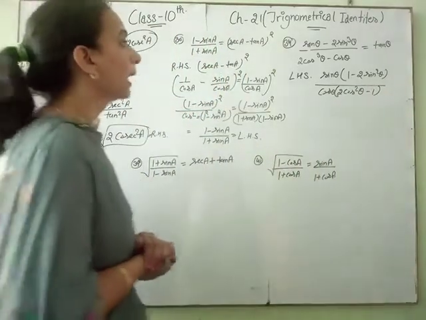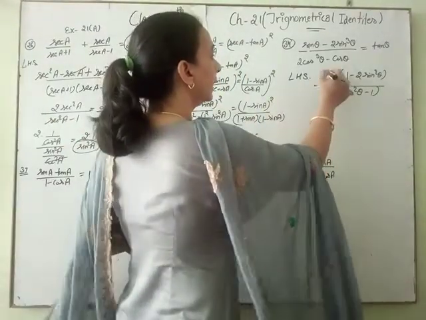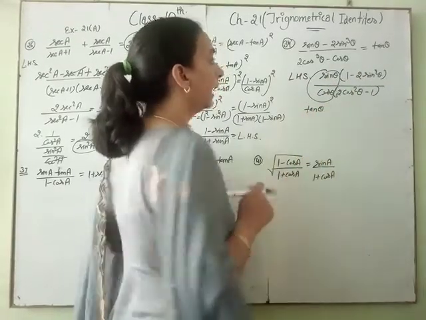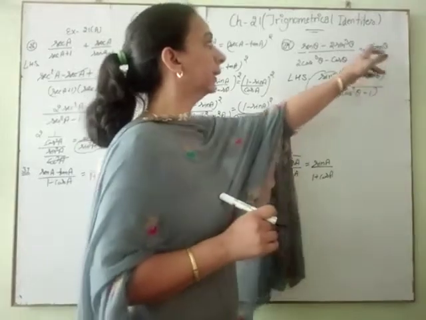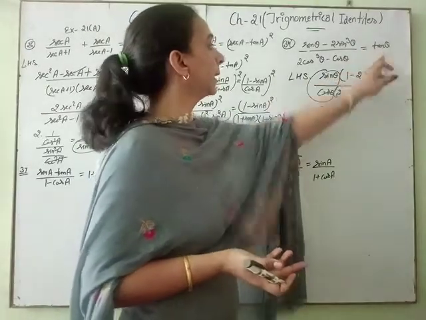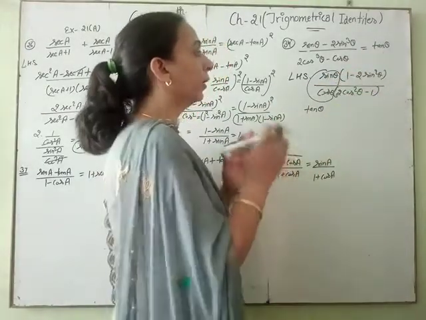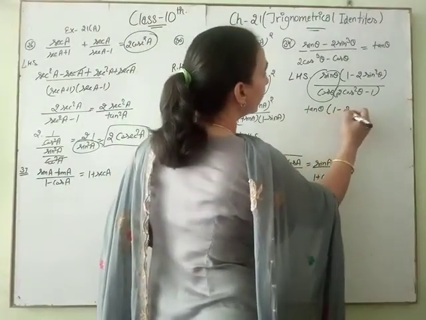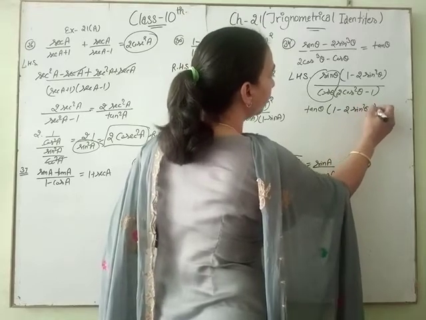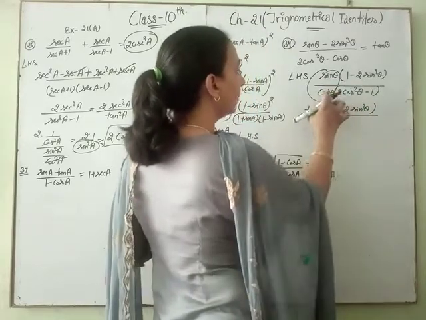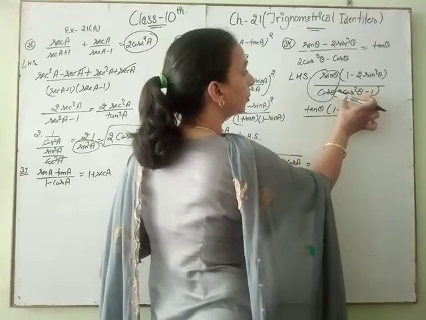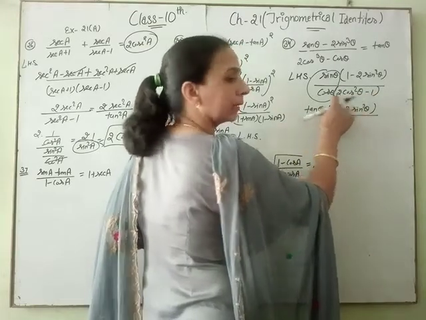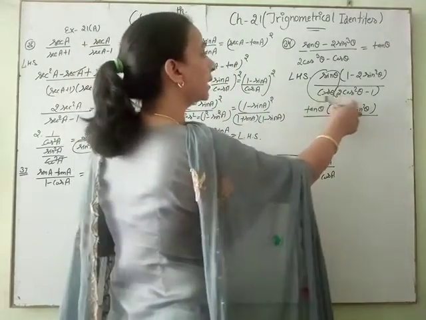Okay student, sine by cos, these are in multiplication. Sine by cos we write tangent theta. If we cancel, then according to this it equals the right hand side, so we cancel this term. Okay, 1 as it is, we change any one term. 1 minus 2 sin square theta, numerator term as it is. Sine by cos we write tangent, and there is only this. In numerator this is sine, and in denominator this is in cos form, so we change this cos in sine.